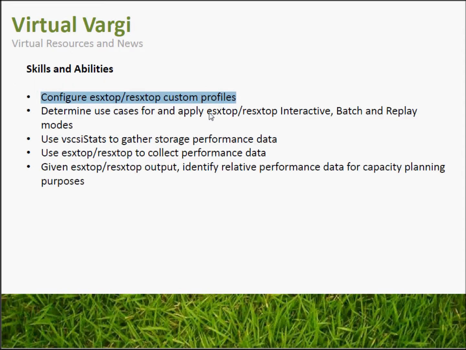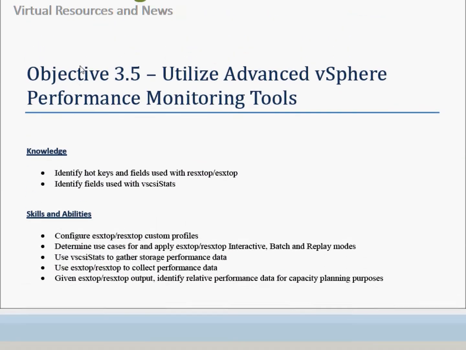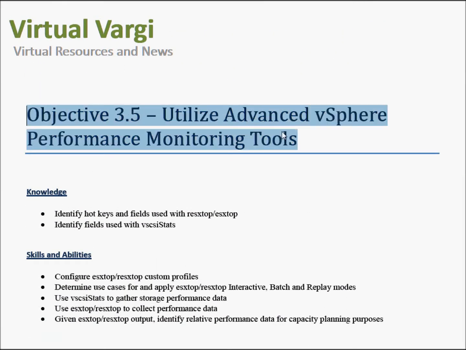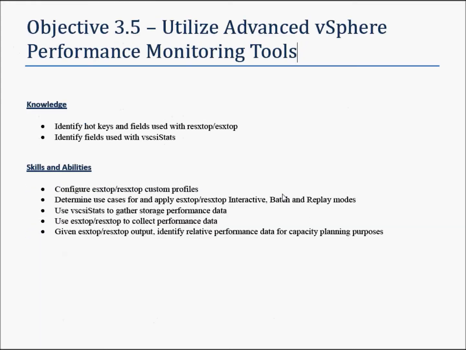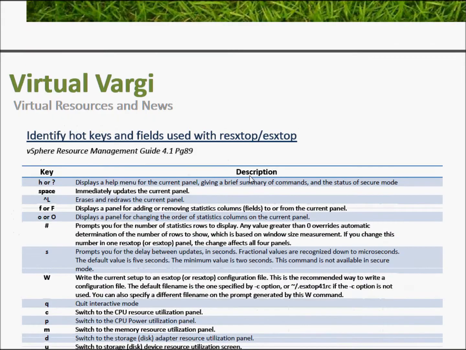So: configure ESXtop custom profiles, determine use cases for and apply ESXtop interactive, batch and replay modes, and use vSCSI stats to gather storage performance data. Use ESXtop to collect performance data, and given the output from ESXtop, identify relative performance data for capacity planning purposes. I am going to have a document which will be available for download as well. It's going to cover all the requirements in this section, and the first one is identify hotkeys and fields